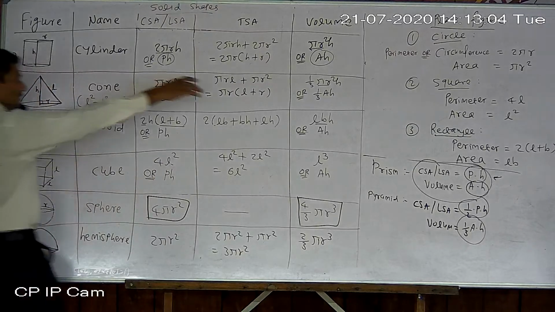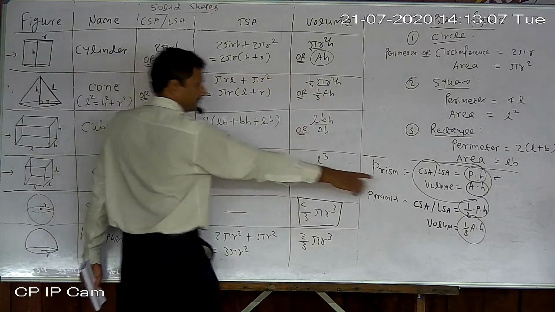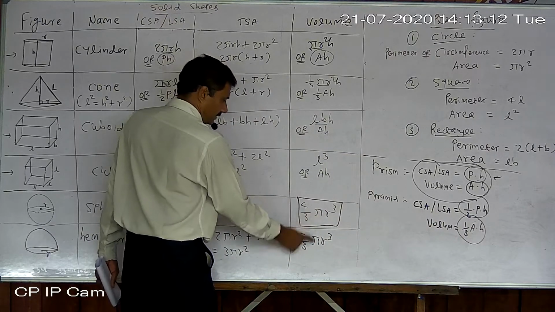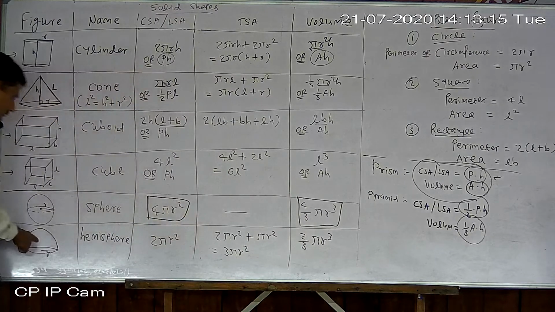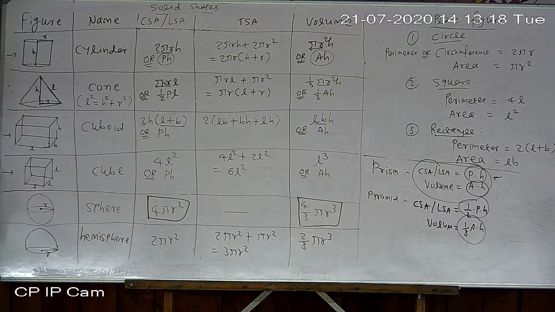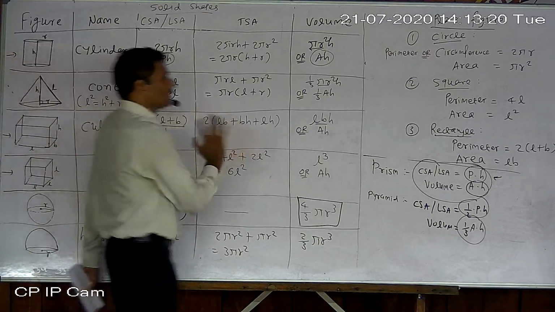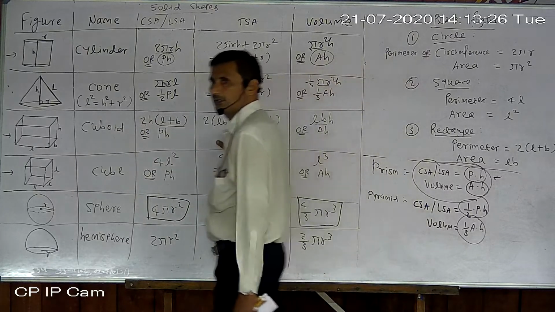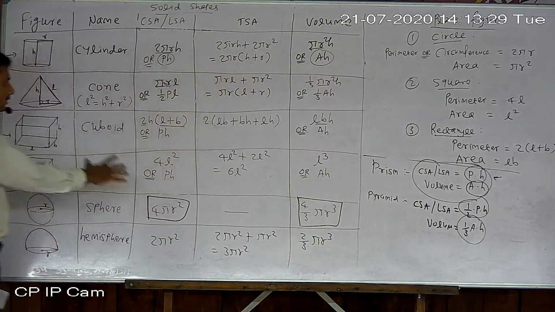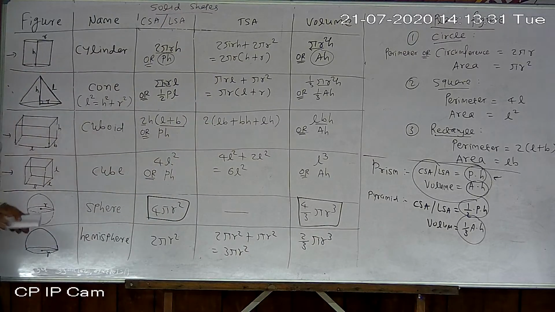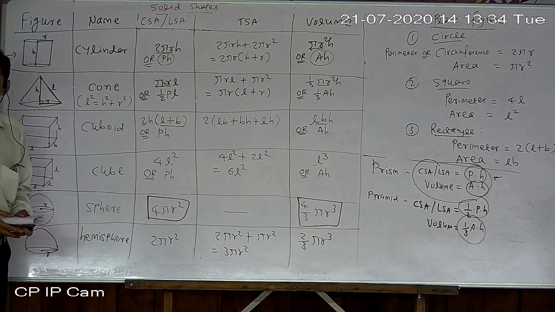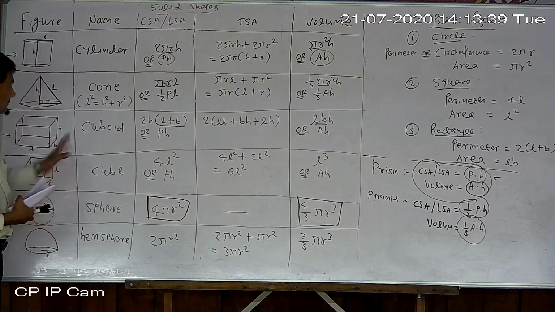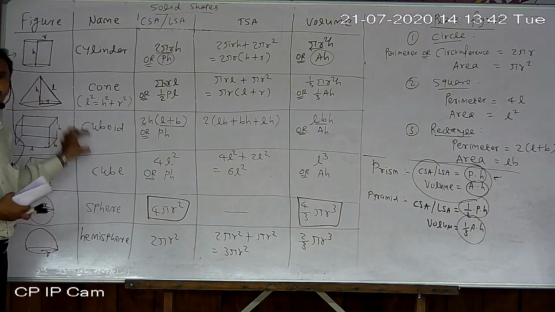Now, volume we already discussed, where it comes from. These 2 are new, so I told you to remember them and make half of that, so you get half volume. Okay. So these are the solid shapes. You just remember them anyhow, but perfectly. So you just copy it. Pause your video and write it down. Otherwise, you can take screenshots and then write. But that is very important. I have written it very systematically here.